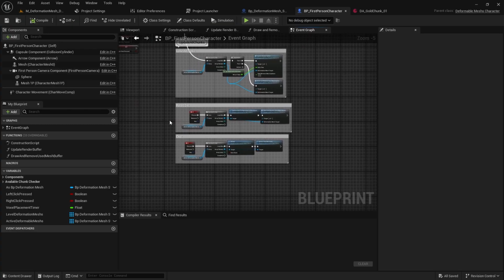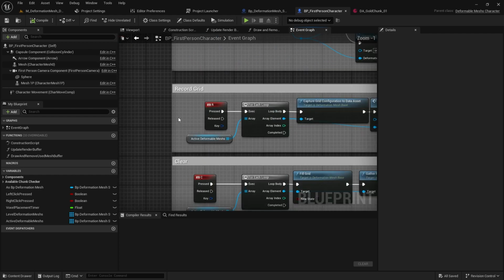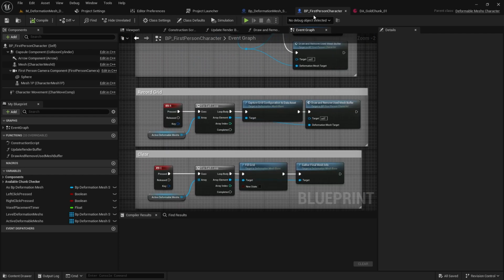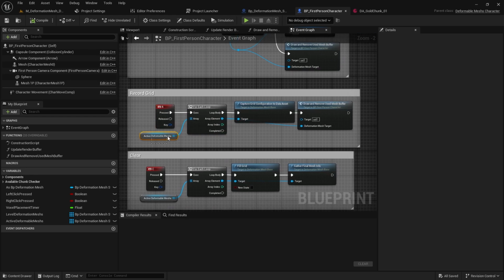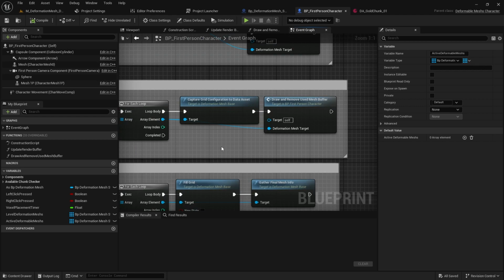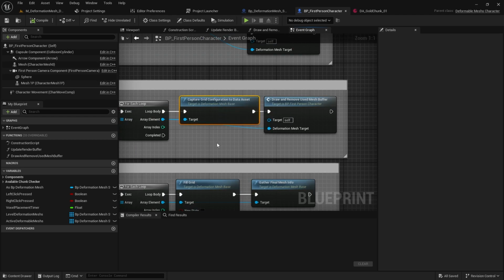Now what I'm going to talk to you about is how you can record the grid. For me it's still in the first person character. When I press R, I take all the active blueprints, the one which I'm in, then I capture the grid configuration